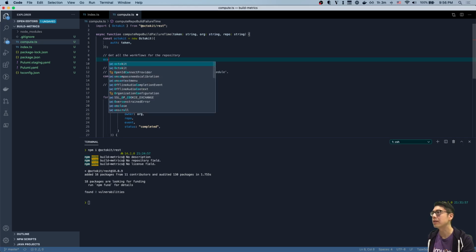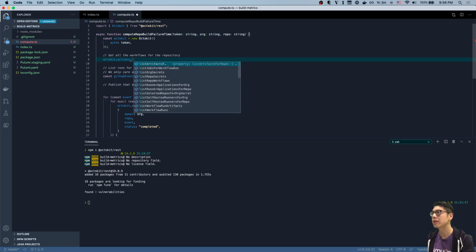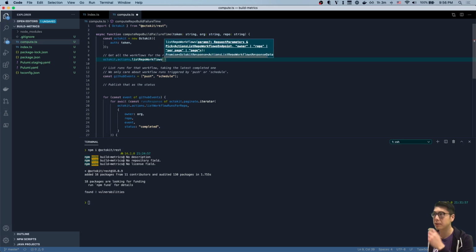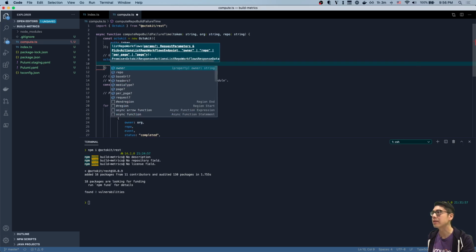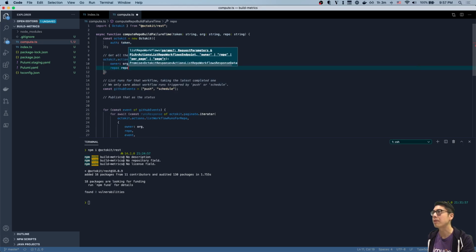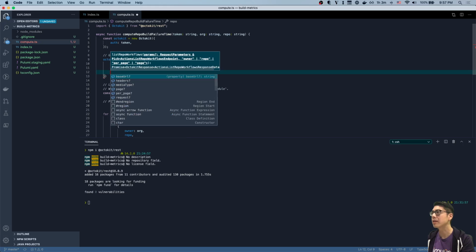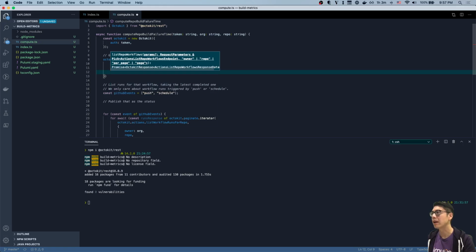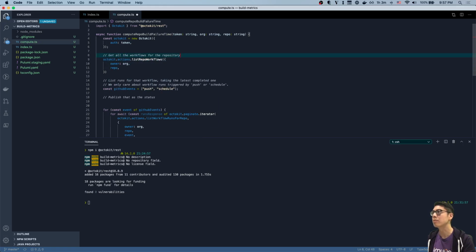And that's pretty easy, I think. So that's actions list workflows. Okay, here we go, list repo workflows. And this takes owner, which is our org, and takes a repo, which is our repo. Whoops, we have that already. I think it doesn't take anything else. Yeah, we don't need any of this. And for now, we can just assume that